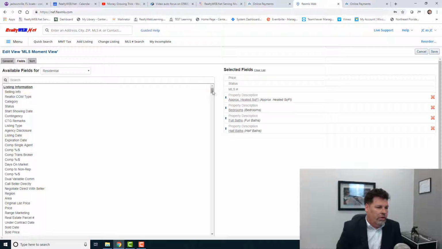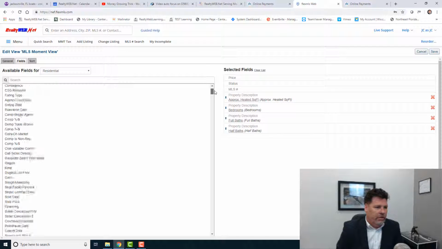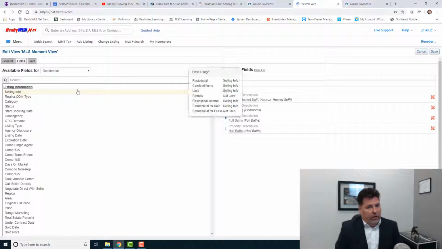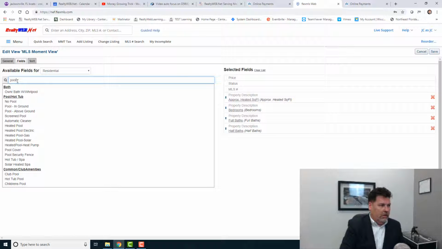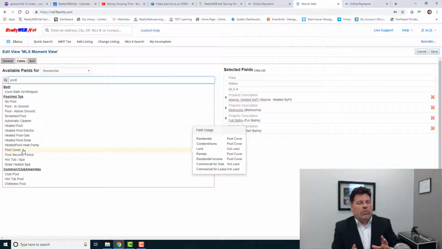And I can scroll through this list and find those criteria, but it's a really, really long list. And I think that the best way to do that is just type in up here where it says search what I'm looking for. So the first thing I'm going to be looking for is pool. So I'm going to type in pool, and you will see in the drop down pool hot tub shows up, and I have no pool, pool in ground, pool above ground, and all these other things. And I could click each one of these individually, but I actually just want